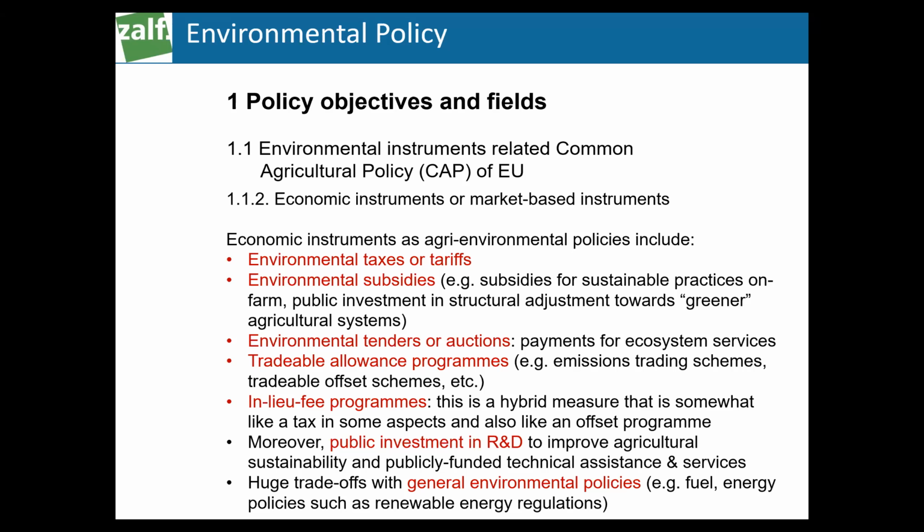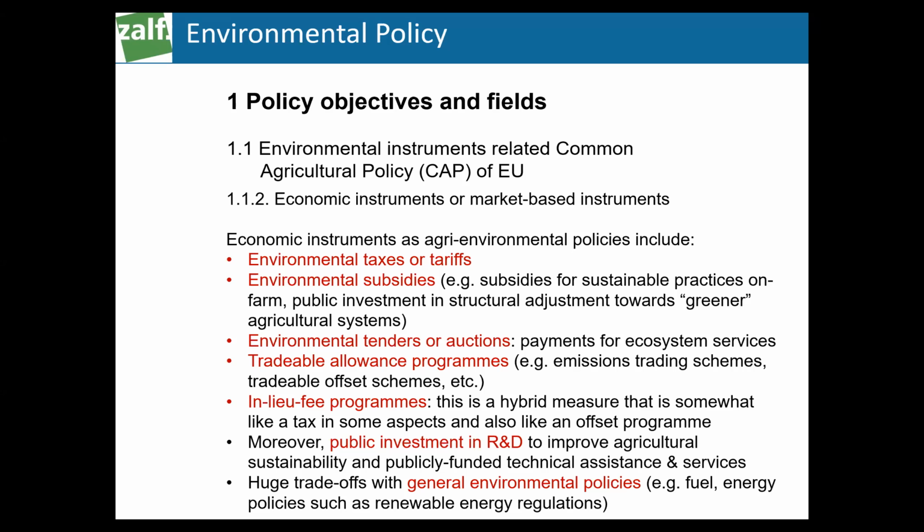And the trade-offs between general environmental policies, this is very important. We had this idea of coherent policies and conflicting policies. We have in many cases conflicting policies, but in our systems at EU level, we try to be more and more coherent. I come to this at a later stage. That means that we do not, for example, support young farmers in order to have increased farms and increased production, and at the same time pay the same farmer an environmental program to be more environmentally friendly.